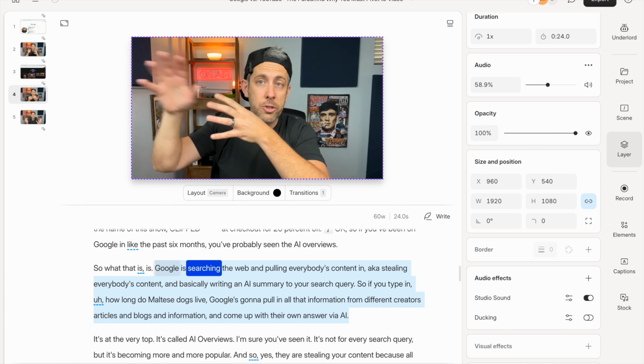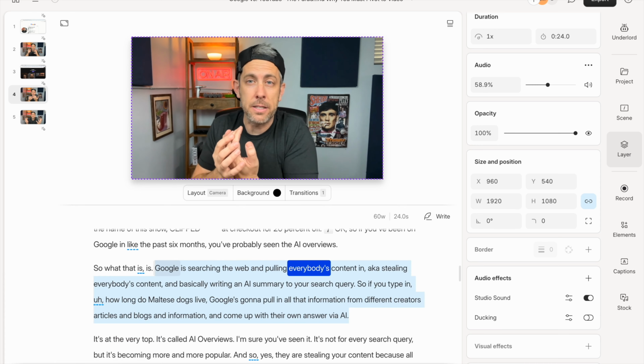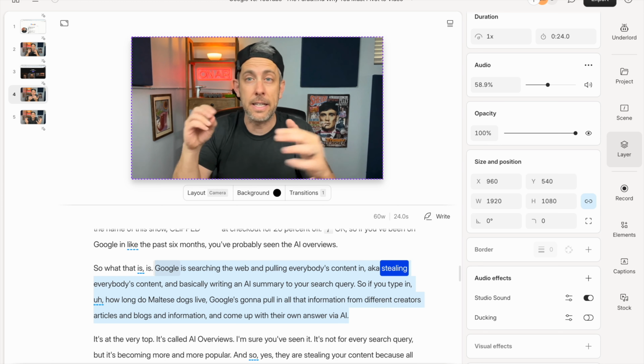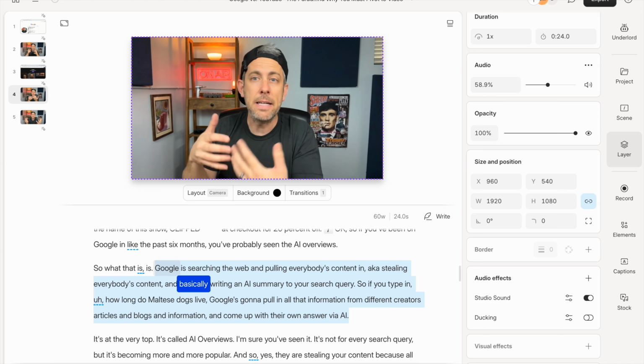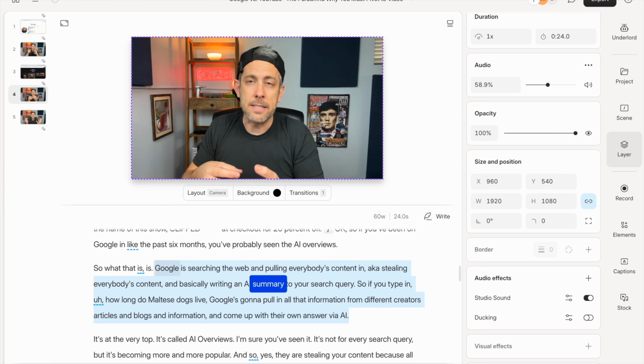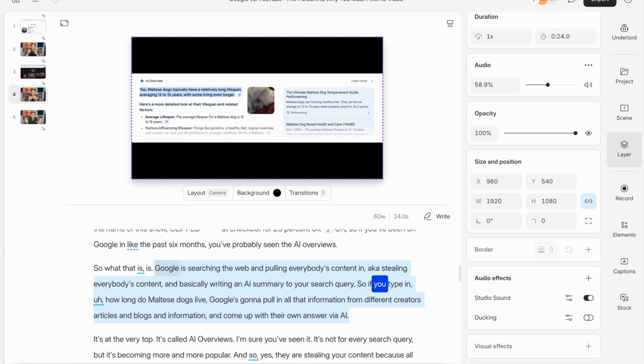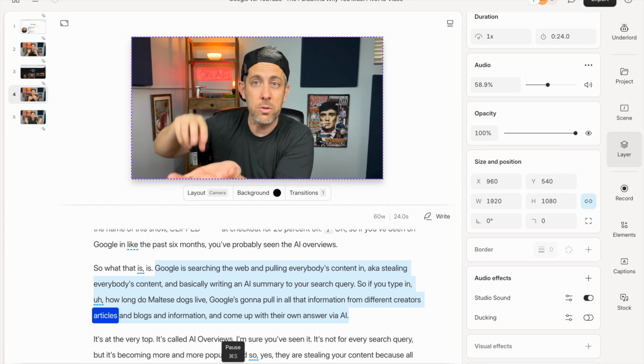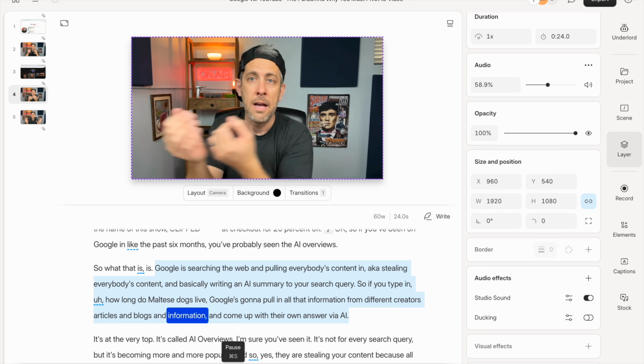Google is searching the web and pulling everybody's content in, aka stealing everybody's content, and basically writing an AI summary to your search query. So if you type in, how long do Maltese dogs live? Google's gonna pull in all that information from different creators' articles and blogs and information and come up with their